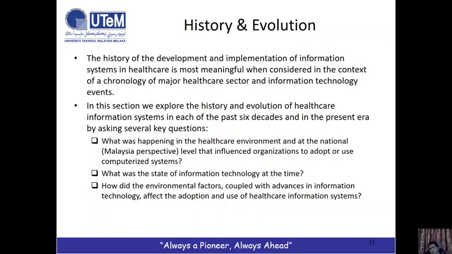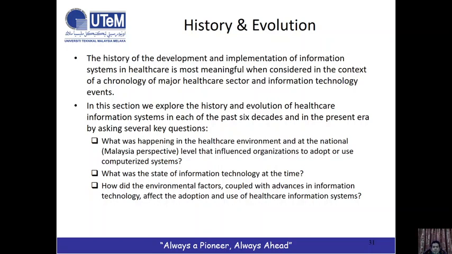So when we go through the history and evolution of healthcare in every decade, we need to ask what was happening in the healthcare environment at the national level, for example from the Malaysia perspective, or you can look at the global perspective. You need to ask what was happening at the national level that influenced organizations to adopt or use the computerized system, and what was the state of information technology at the time,